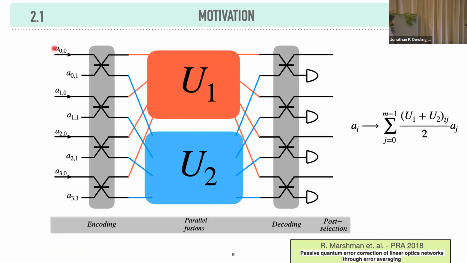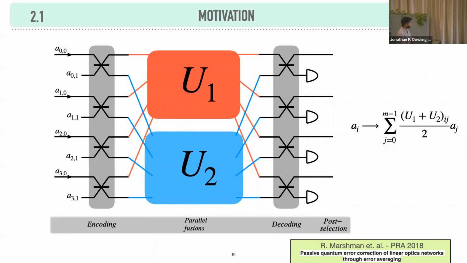And so I start with my original 4 modes, which have the index 0 in the end. And I mix them with a bunch of vacuum modes through a beam splitter. Then I do some permutations, and I send the corresponding modes to my layer of unitaries. Then I again do some permutation and send it to the decoding step. And in the end, I do a post selection on my output modes. The idea is that if you're sending 0 photons in these ancilla modes, and you also measure 0 photons upon post selection, what you end up doing is this averaging